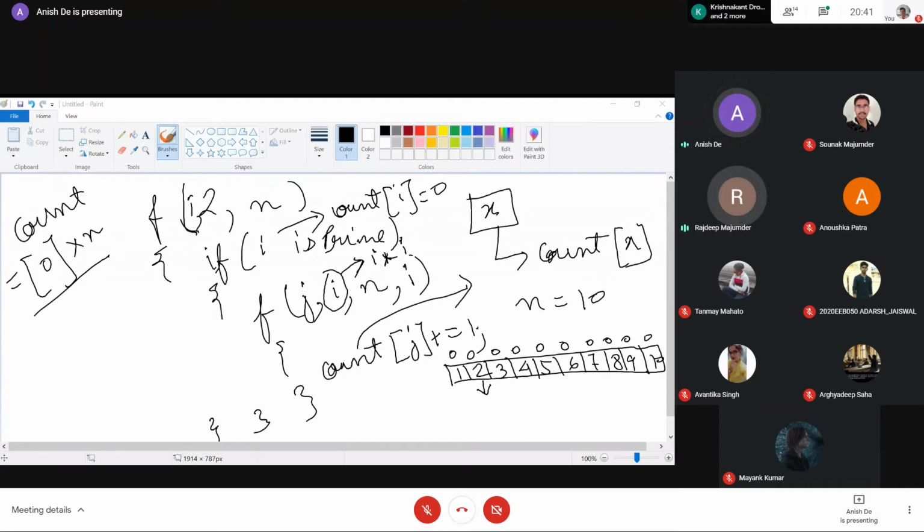Once can you repeat the question? Why in the inner for loop are we starting from I and not I into I? Just like the last problem, where we started from I into I. Here we are starting from I. Why?